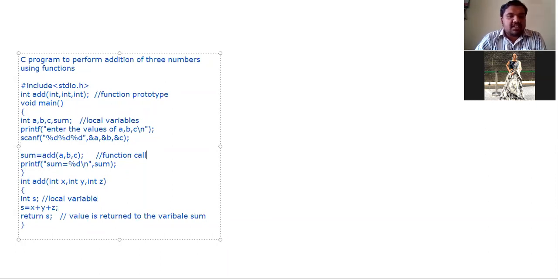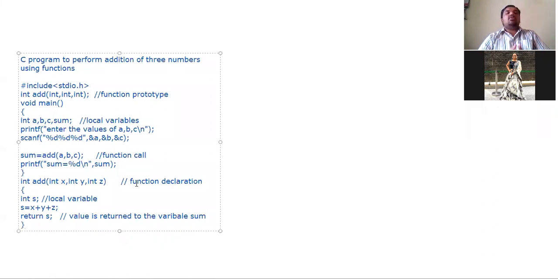Understand? So what is this entire code? The int add line is the function declaration, and there should be no semicolon at the end. This is your function body.